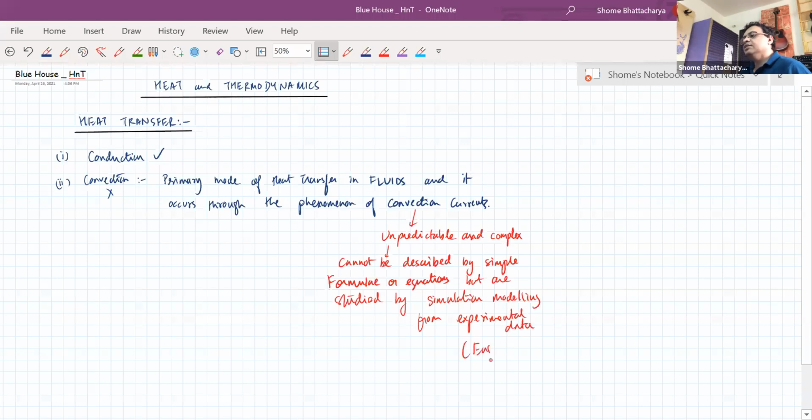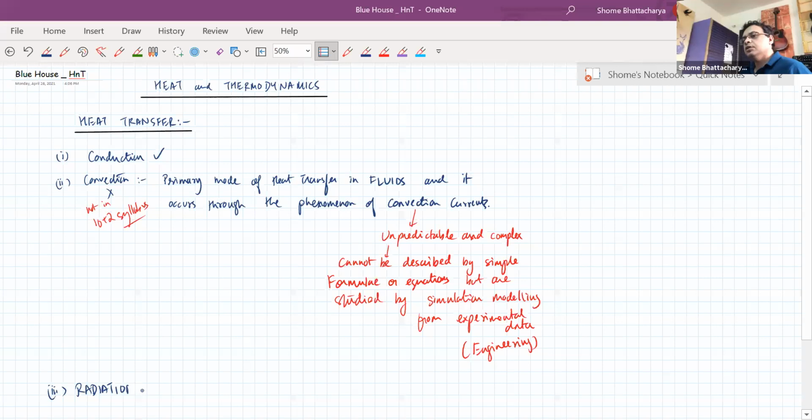That happens at the engineering level. So this is not in our 10+2 syllabus. Okay. Now let's come to the third mode of heat transfer, which is radiation, which we'll be